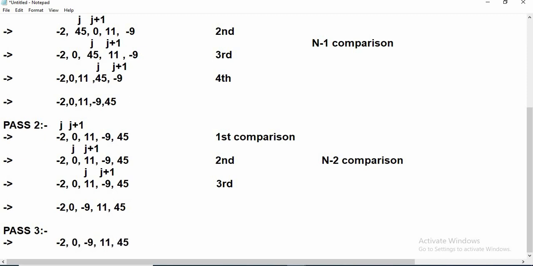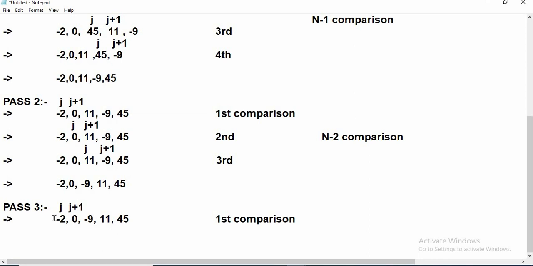Here again the same thing happens. j will be pointing to the first element and j plus 1 will be pointing to the second element, and the comparison happens. This is the first comparison. Since the first element is not greater than the second element, that is -2 is not greater than 0, we will not swap it. We will leave it as it is and we will increment the j.